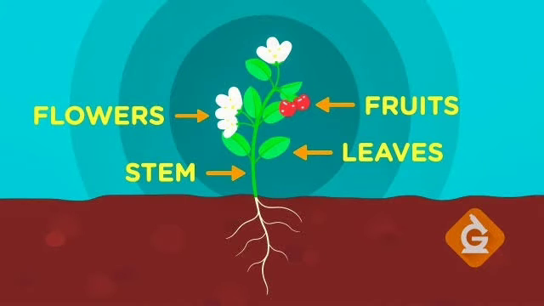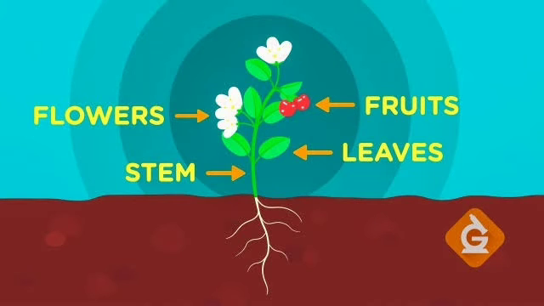A plant has many parts. Each part has a set of functions to do. Each part of the plant has its own function. The root absorbs water from the soil and transports it through the stem. The stem gives support to the plant. The leaf performs the photosynthesis reaction. Photosynthesis is when the leaf takes sunlight and prepares its own food material. Like this, each part of the plant has its own function to do.